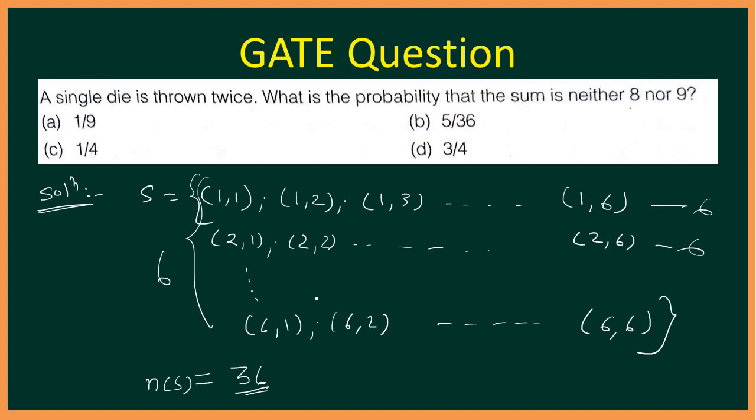Okay, so to calculate those events where the sum is neither 8 nor 9, it is easy to calculate the events where the sum is either 8 or 9. Then, by applying the rules, we can calculate the probability that the sum will be neither 8 nor 9. So let's first calculate the event. Let's call it event A. Event A is the event of getting